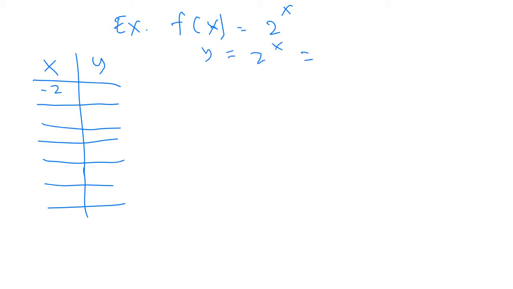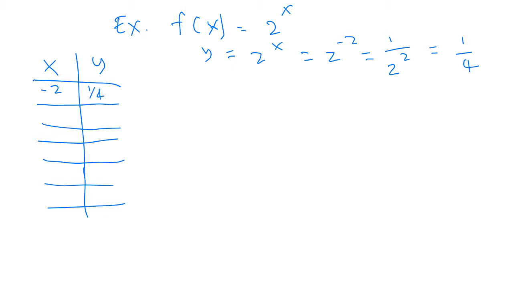If x is -2, remember this can be written as y is equal to 2 power of x. So therefore you will get 2 power of -2. Then you cannot have a power of a negative. You have to bring that down to the denominator side. So you'll get 1 over 2 power of +2 now, because when you move, your exponent will become the opposite sign. So you have a negative, it becomes a positive here. So the answer would be 1/4. So we have 1/4 here for y,